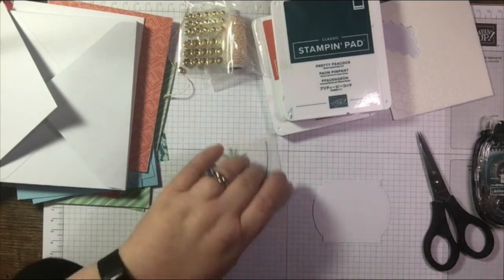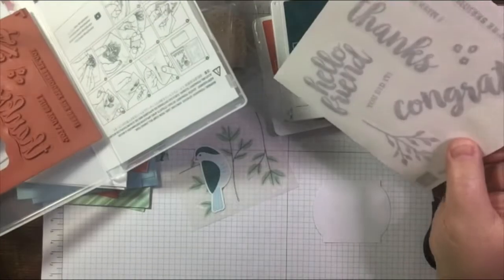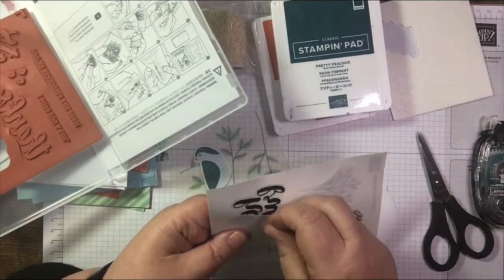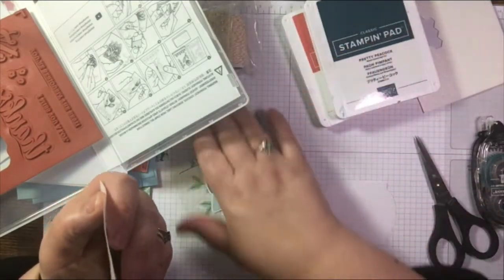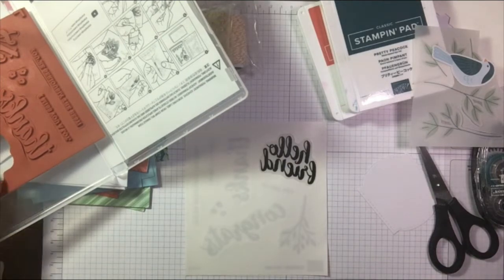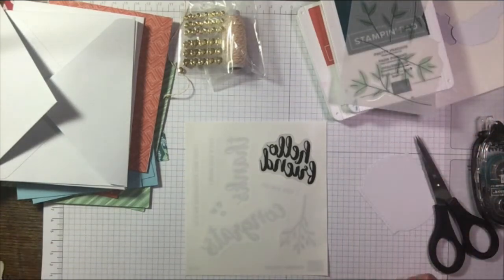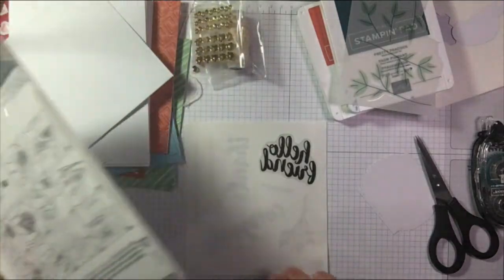Of course, let me show you, when you've got a new stamp set, these are cling stamps, so you've got the sticker on here, so you peel back there. Let me get these things out of the way so I can show you. So I'm going to hold that there, and I've lost my stamp. Can you see the stamp? Oh my goodness me. I just took it out and then decided that I needed to...